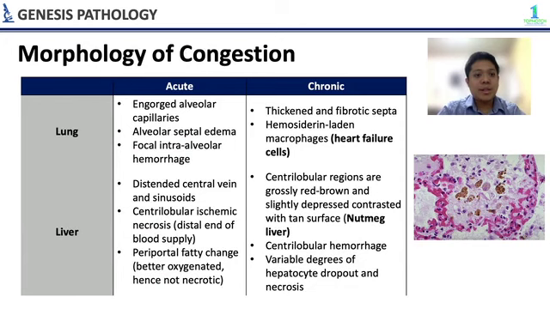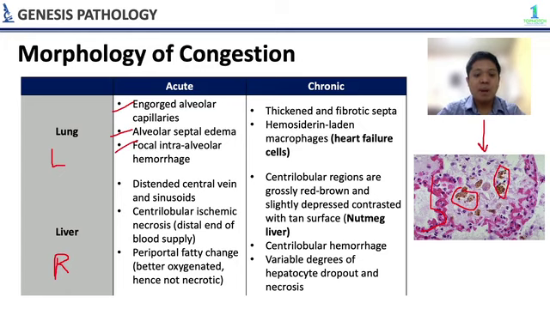So, sometimes organs can get congested, like in the lung and the liver. So, lung, naka-congest siya in left heart failure, ang liver naman naka-congest siya in right. So kapag nagkakaroon ng acute lung congestion, there is engorgement of the alveolar capillaries. So for example, in a heart attack, so acute failure of the heart yun, di ba? The left side of the heart. And then there is alveolar septal edema and focal intraalveolar hemorrhage. Contrast this with chronic, so ito yun. There is thickened and fibrotic septa, ito yun. And then there is hemosiderin-laden macrophages or what you call heart failure cells. So sila tong mga brown macrophages over here.